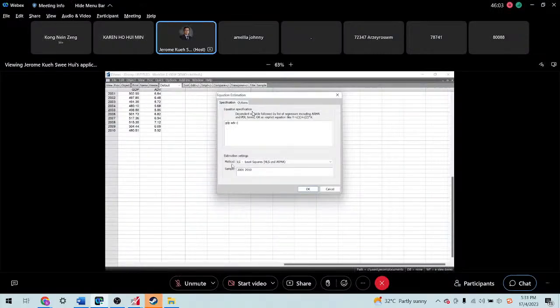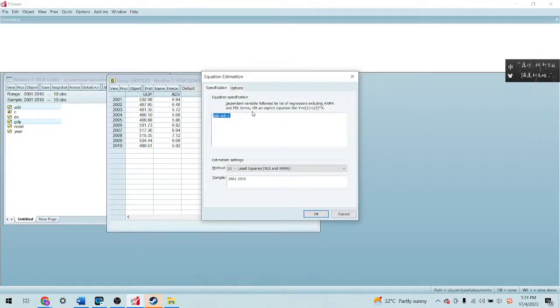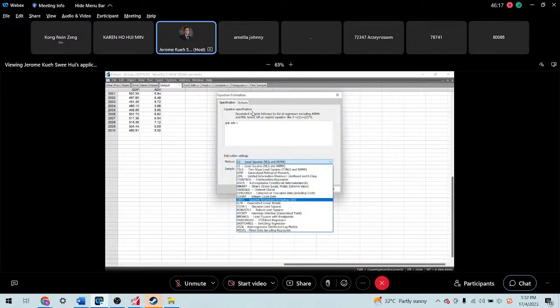And what is interesting here is the method that is outlined here. You click this drop-down menu, you can see a lot of different advanced methods that are available in EViews. And these functions can be added from time to time. In the latest EViews versions, you can see that a lot of new methods are included here. So you can see here the LS is the least squares.